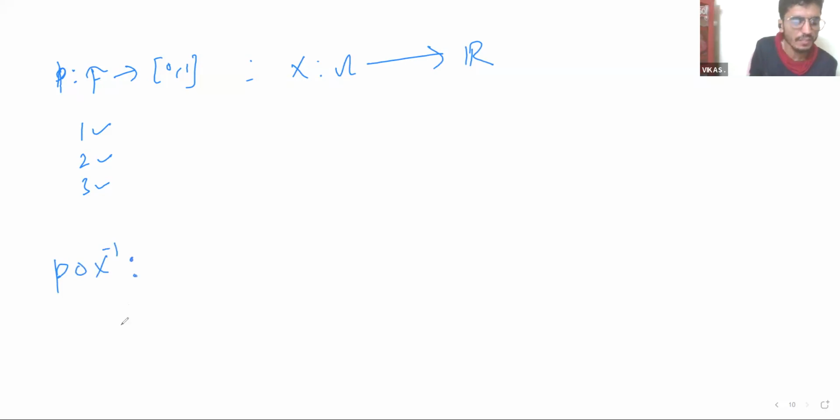This is a function. What do we mean by this? This set is R, no? And this is the event space, right?